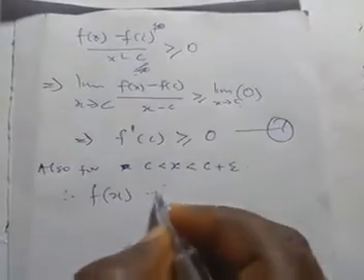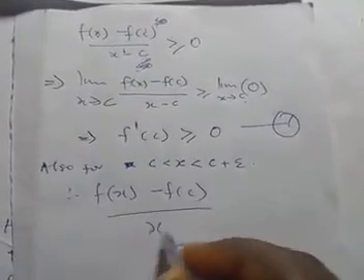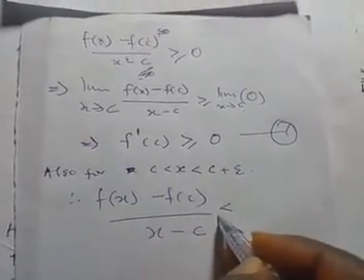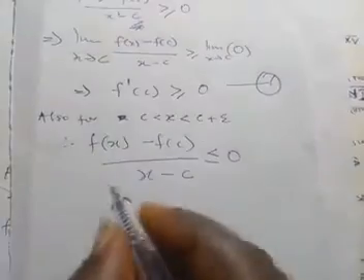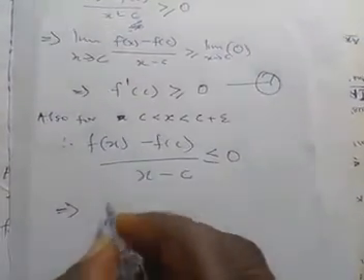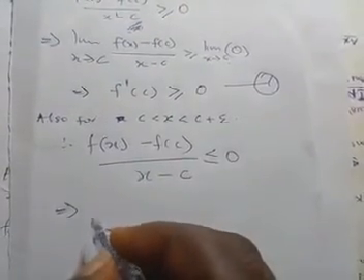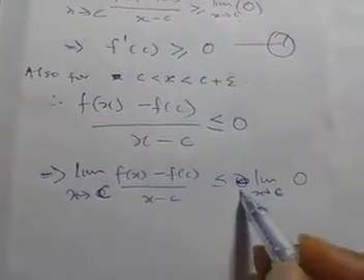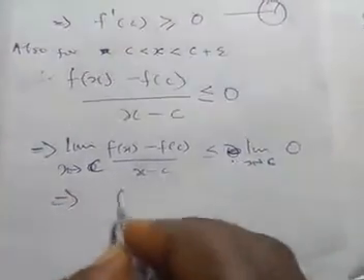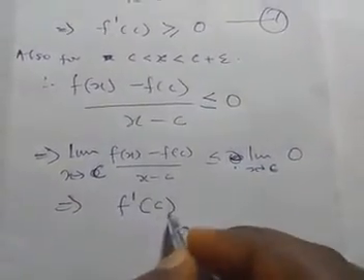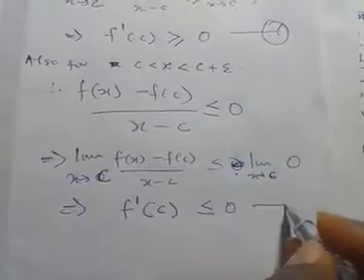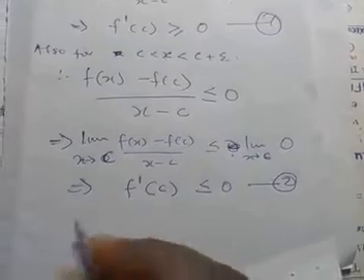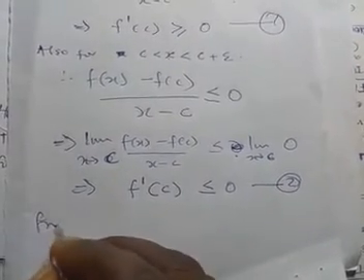Therefore f of s minus f of c over s minus c, since now c is less than s, this will be less than or equal to 0. So in that case, if we take the limit of both sides as s tends to c, we have this. This is just the definition of the derivative. This is less than or equal to 0. So if you look at what we have there, from 1 and 2, we can say that